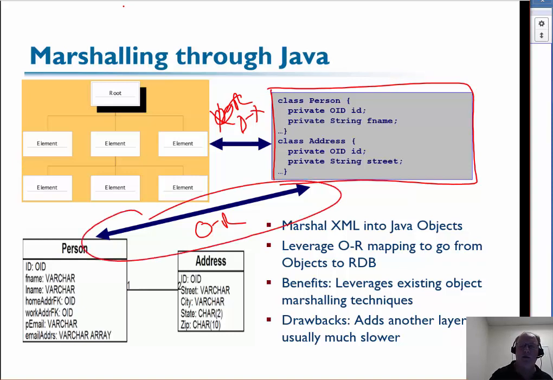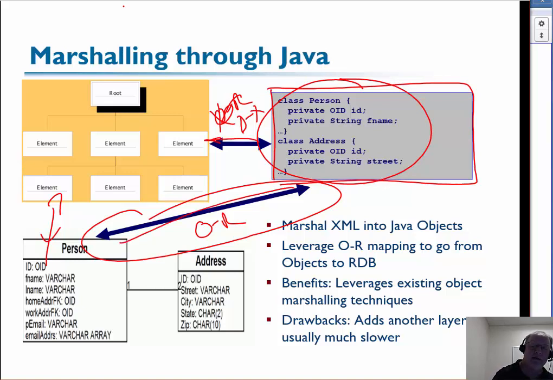All right, and again, we saw some of that when folks were basically doing this. They were going from relational schemas to databases, from databases to objects, and they were just completing the loop. I wouldn't say that this is tremendously efficient. It's really trying to leverage a set of domain objects that you've done before and trying to abstract away the details of whether or not it's XML based or relational based.